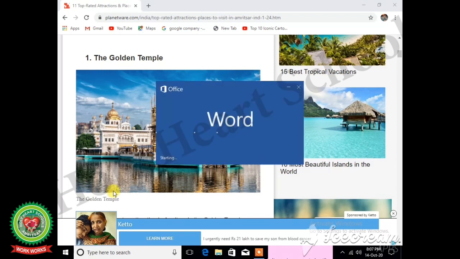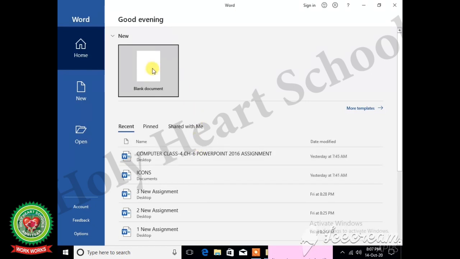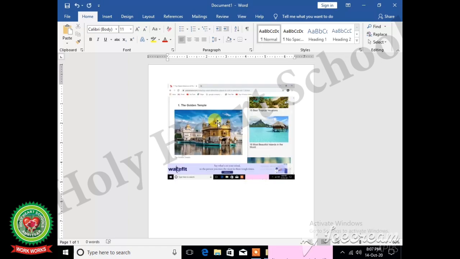The Word window has opened on the screen. Now we will press the shortcut key Ctrl V from the keyboard and you will notice that the page from the web browser is copied in the Word document.